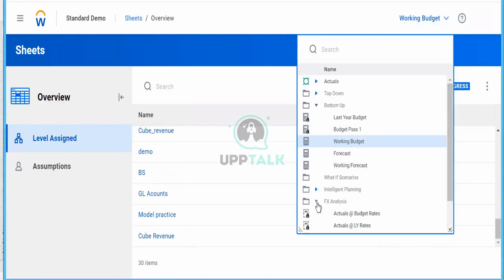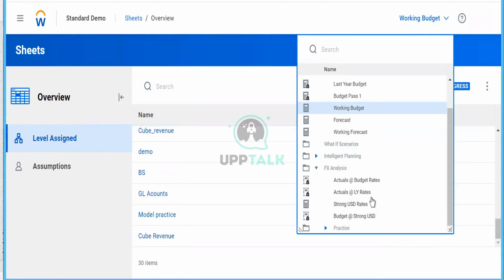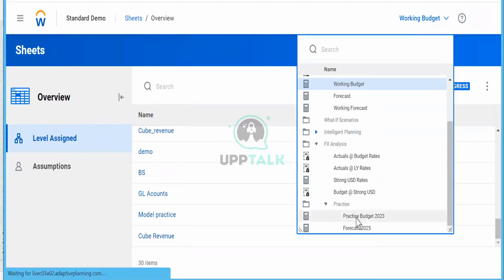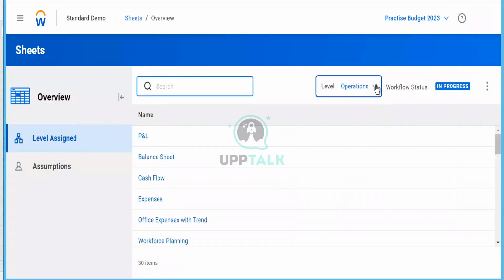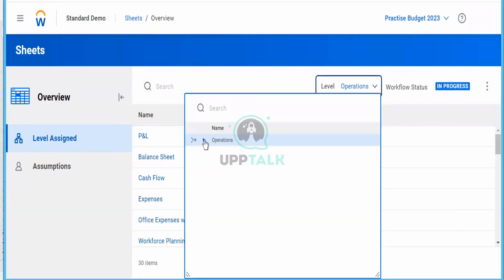Let's check our version, which is Practice Budget 2023. We want to work in our version. We have selected the version first, but it is not allowing me to select any other level. Let's say elimination.